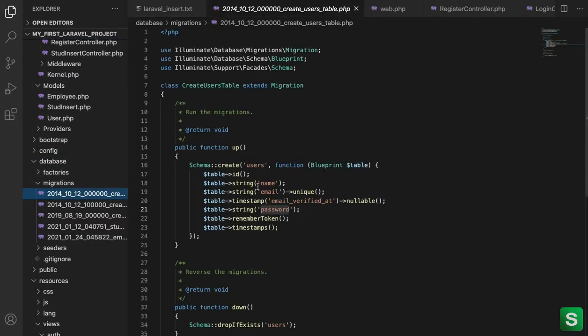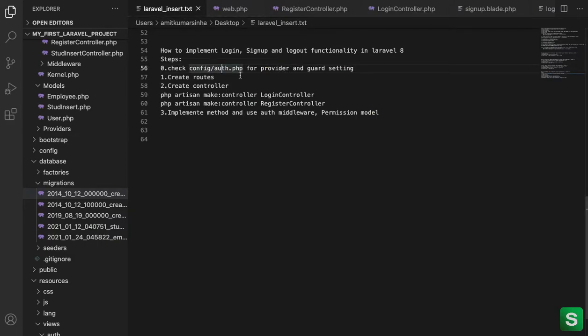Once you run the migrate command, this table will be created in the database, right? Here are the name, email, password and some other fields. If you need to add something, you can add it here before the migrate command and then migrate, so it will add it into the table. Okay, so this is the auth.php we've covered.